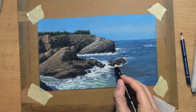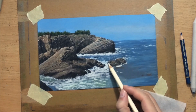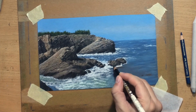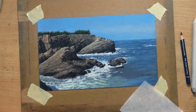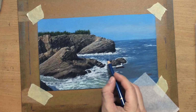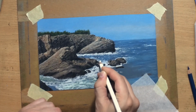Some more detail on these rocks here, and some more lighter details on them as well, so that I can make them a little bit more three-dimensional. Of course, always staying consistent with the light source. My light is coming from the left, so the shadow side is on the right. And I'm occasionally adding a bit of these darker details with this darker blue here and there. This variation in the blue color is also very important, because